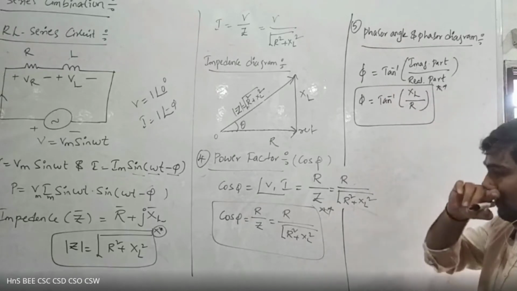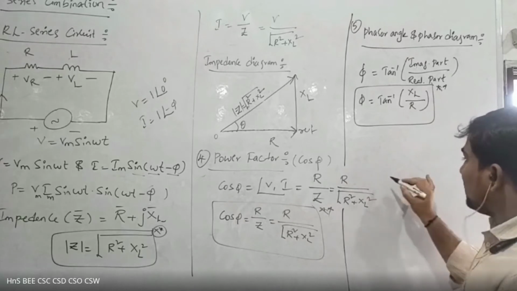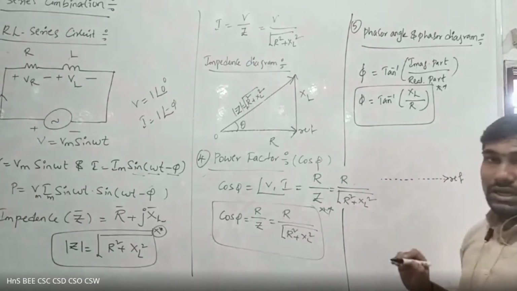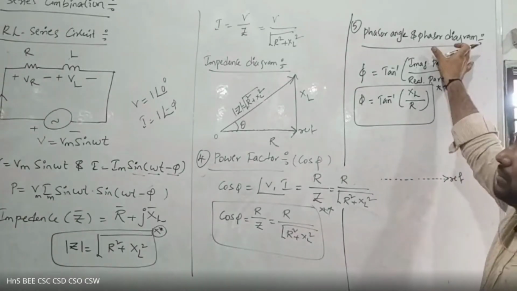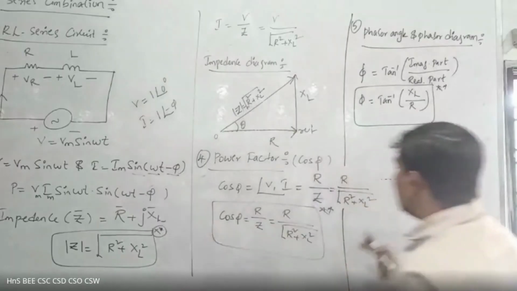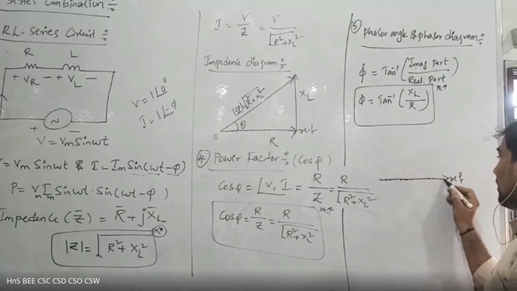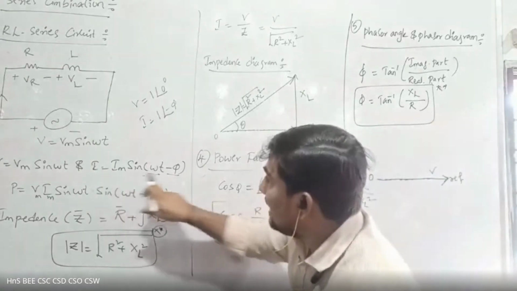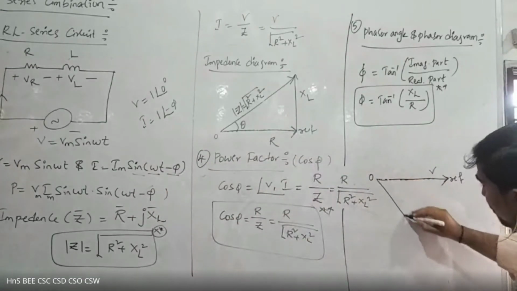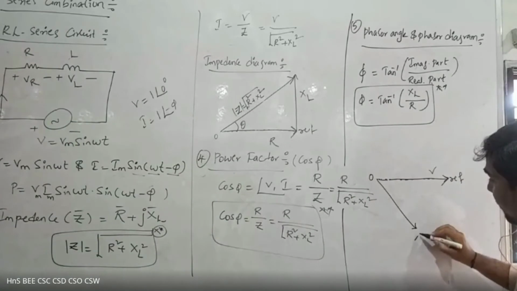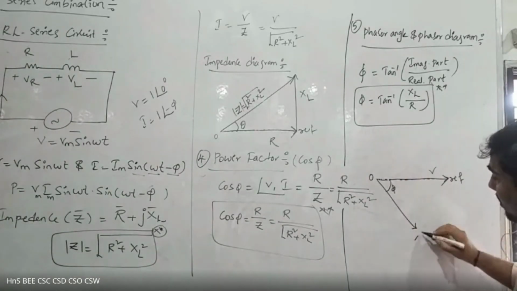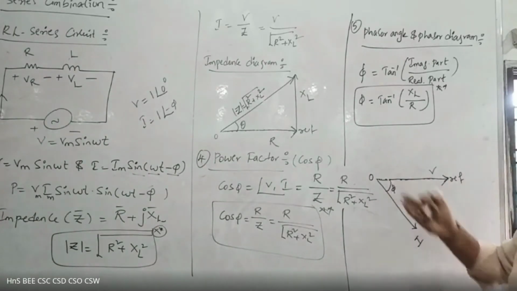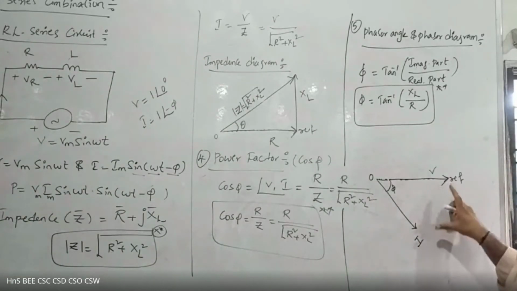Now coming to the phasor diagram. So how to draw the phasor diagram? Same, you take some reference line. Now, from the voltage and current angle, what is the voltage angle? Simply, that is 0. The voltage angle is 0. But the current angle is minus pi. Minus pi is nothing but the lagging position. This is the current angle. This is the voltage. Now, the difference between voltage and current is called the power factor angle.